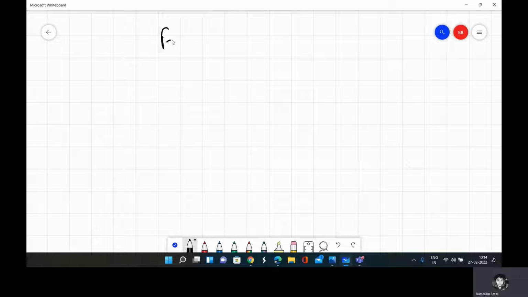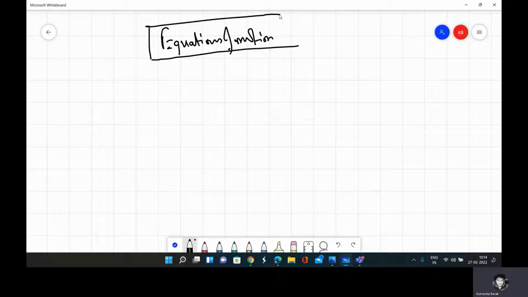We will now derive the equations of motion. This is a very important part, and this will lead us to the path for the derivation of the Navier Stokes equation. So let us take again a set of orthogonal axes